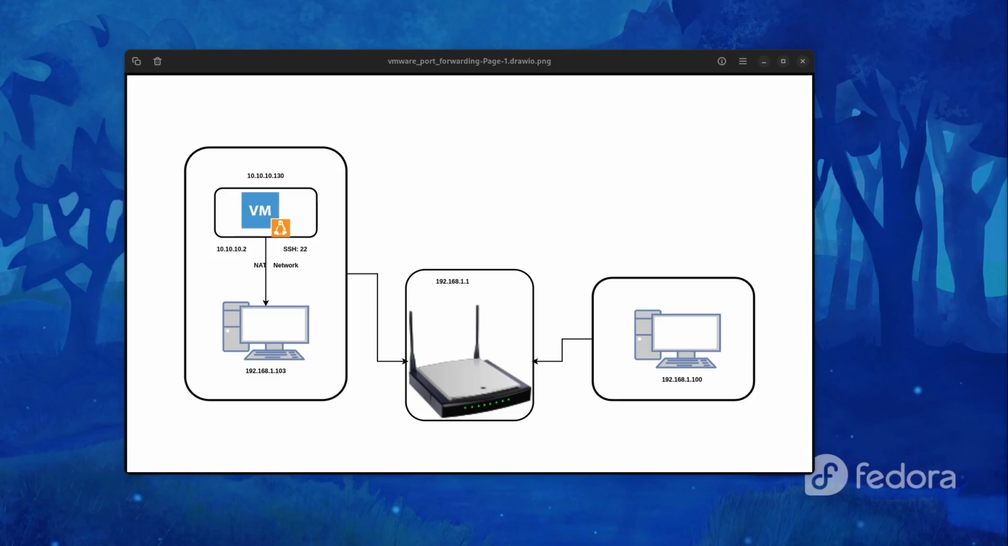Here we can see that we have a diagram, and in this diagram I just summarize the scenario that we will work on in the practical side or in the lab. So we can see here that we have two computers connected to the same subnet of the home network router. The first one ends with 103, the second one ends with 100. We can see here the first computer has